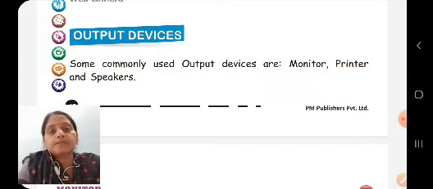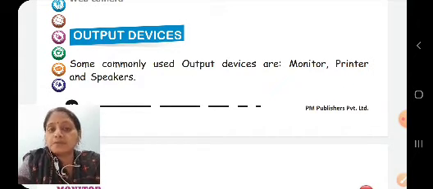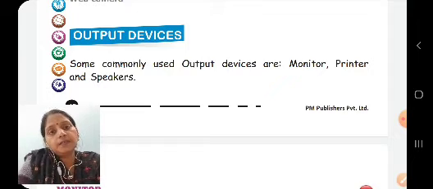For example, keyboard, mouse, joystick, then microphone, web camera, scanner, all these are different types of input devices.